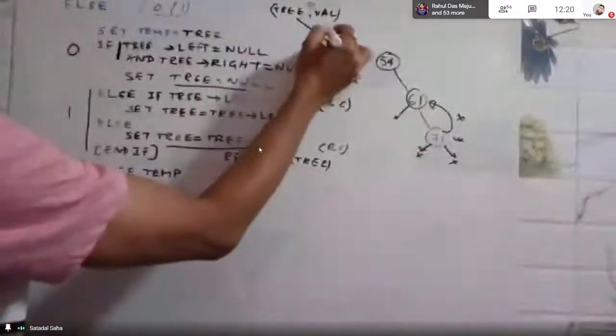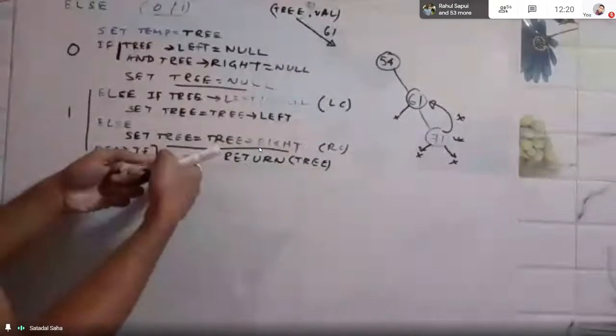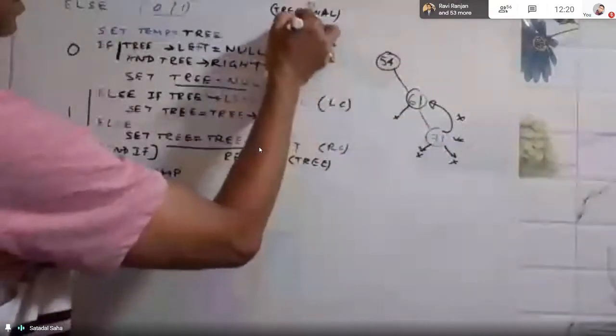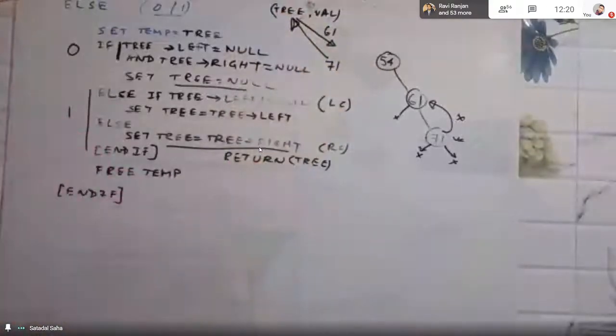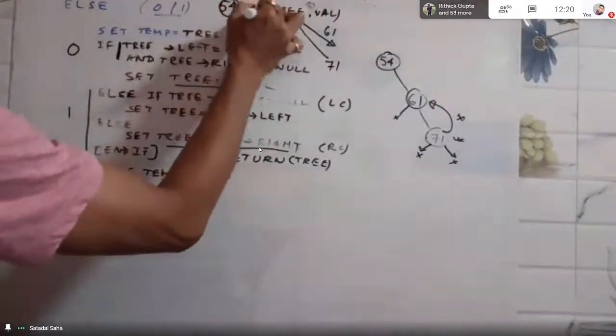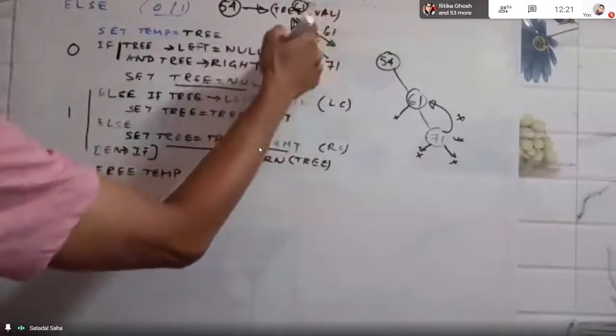Right? So we have to compare a and b power k. So a is 2 and b power k is this, which means a is greater than b power k, which is nothing but condition number 1. So what is condition number 1? T of n equal to theta of n power log a base b. So n power log a base b is nothing but theta of n. This tree was 61.